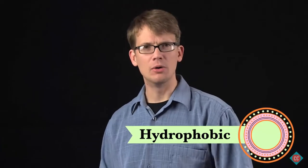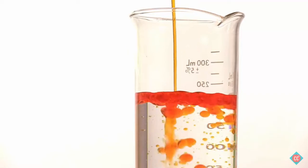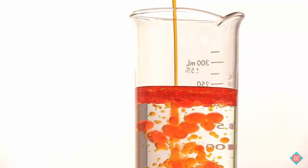But what happens when there is a molecule that cannot break the cohesive forces of water? It can't penetrate and come into it. Basically, what happens when that substance can't overcome the strong cohesive forces of water and can't get inside of the water? That's when we get what we call a hydrophobic substance, or something that is fearful of water. These molecules lack charged poles. They are non-polar and are not dissolving in water because, essentially, they're being pushed out of the water by water's cohesive forces. Water, we may call it the universal solvent, but that does not mean that it dissolves